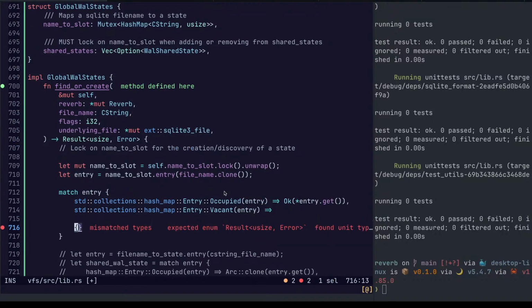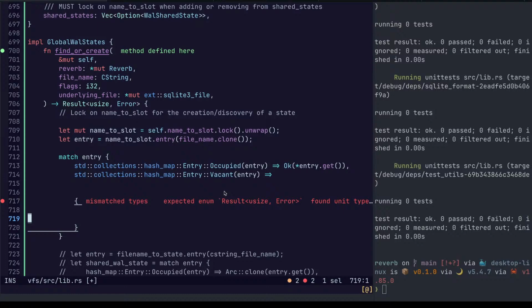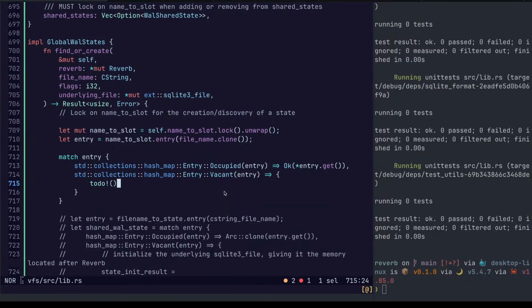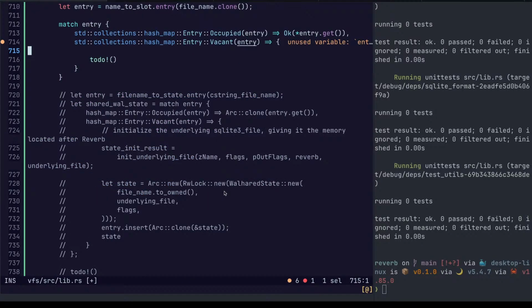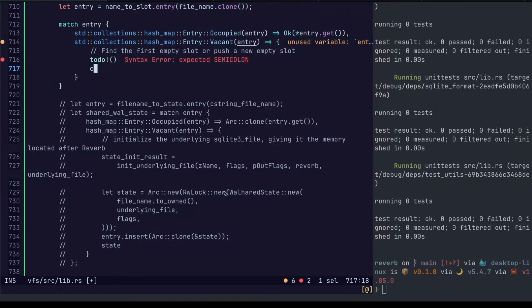Okay. First empty slot. Then we will create a new shared state.